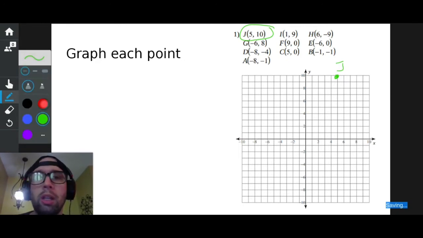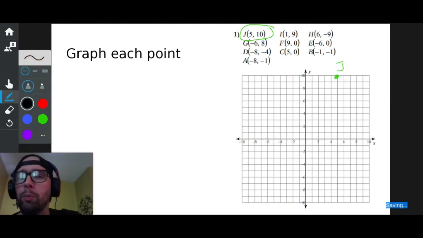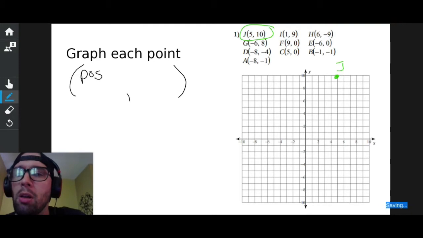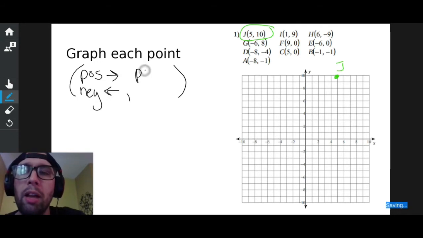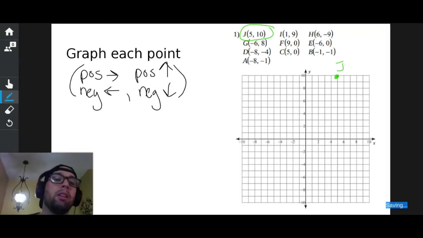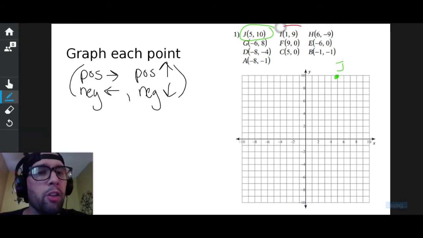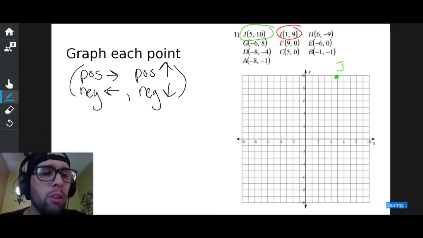Okay, and let's do it again. I'm going to write out a point right here. Positive, first number means right. Negative, first number means left. Positive second number, which is the y value, means up, and negative y value, the second number, means down. If it's 0, you don't move. All right, so the second one, positive 1, positive 9, so right 1, up 9, put a dot, call it